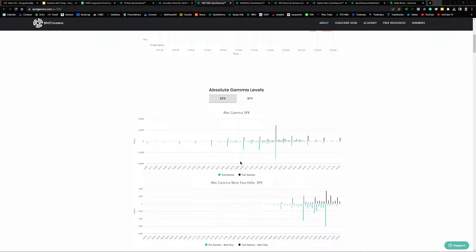support. And then here's 4,200 up above, that's the call wall, that's the strike with the largest net positive gamma, and that can be expected to act as